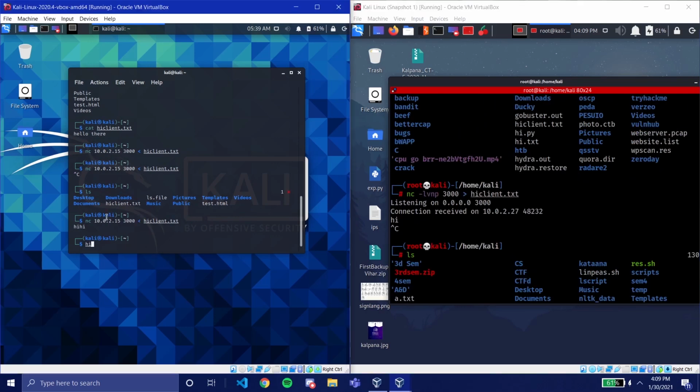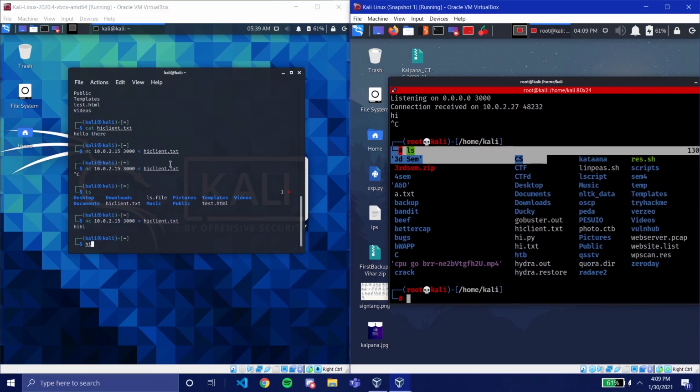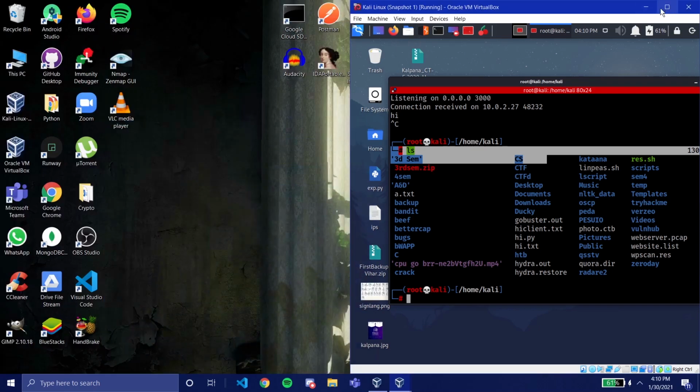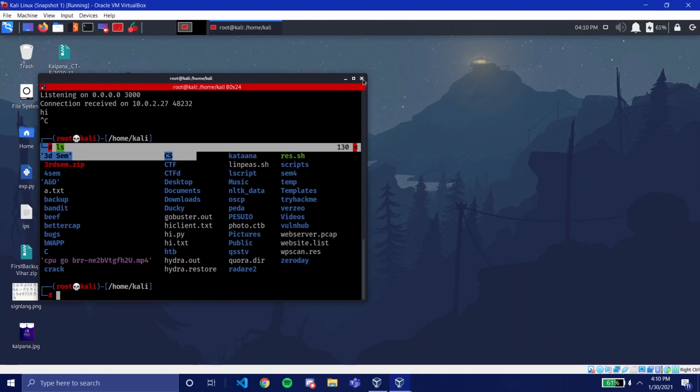Basically, we can now send the content of files from one place to another, one system to another. So that's Netcat. It can do file sharing, it can execute commands, do message passing, and a lot more. One more thing from last class was the bidirectional thing, which didn't work out.